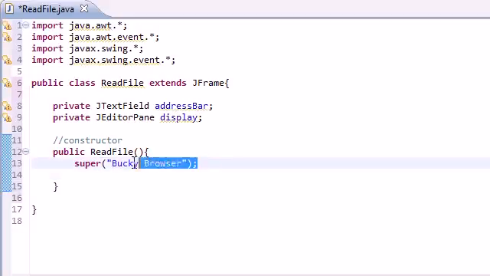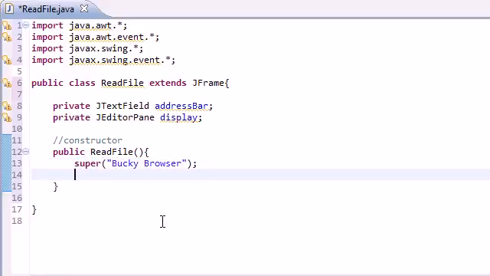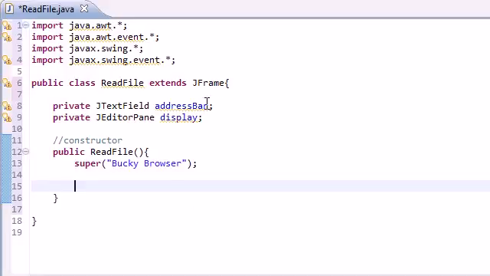So this title is going to appear at the very top of your application. So now that we have the title taken care of, we can begin working on the address bar, the part where the user types in the URL, which website do they want to go to. So the first thing we have to do is, of course, create it. So address bar equals new